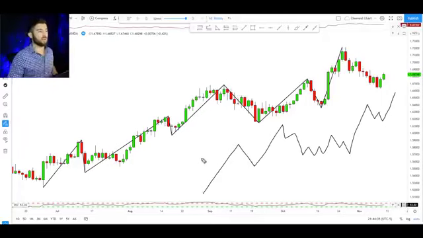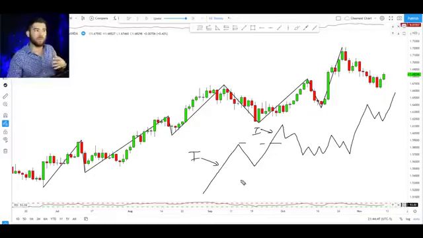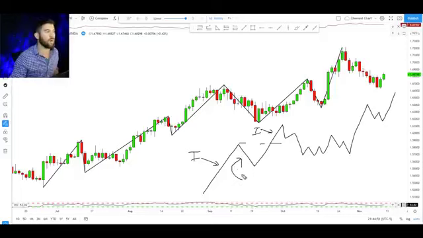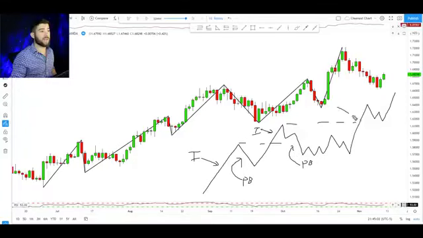What we have in a trending market are impulsive moves. That is the big moves that break into new highs. Right here is our impulsive move. I'll label those with an I. These are the impulsive moves. After an impulsive move, the market takes a breather. We call that our pullbacks. These are our pullbacks in price. This would be a pullback, followed by our next impulsive move that breaks a high right here, impulsive move, and